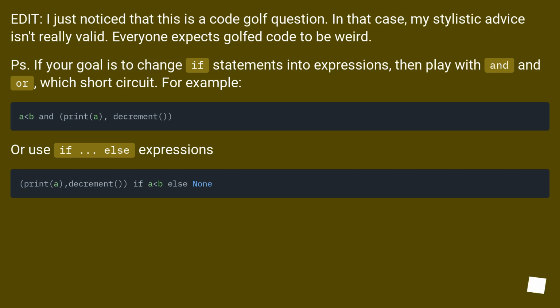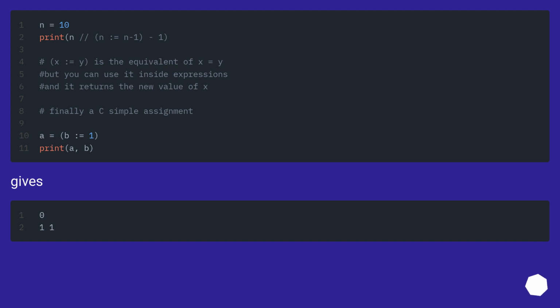Edit. I just noticed that this is a code golf question. In that case, my stylistic advice isn't really valid. Everyone expects golf code to be weird. P.S. If your goal is to change if statements into expressions, then play with n and or, which short circuit. For example. Or use if ... else expressions. Gives